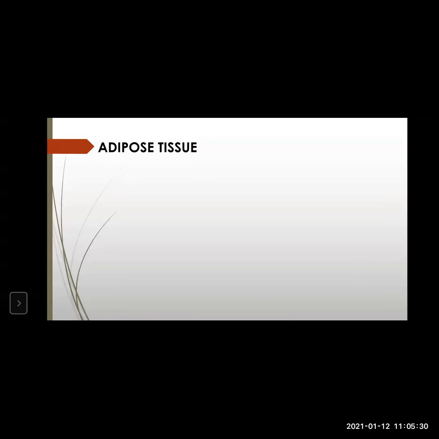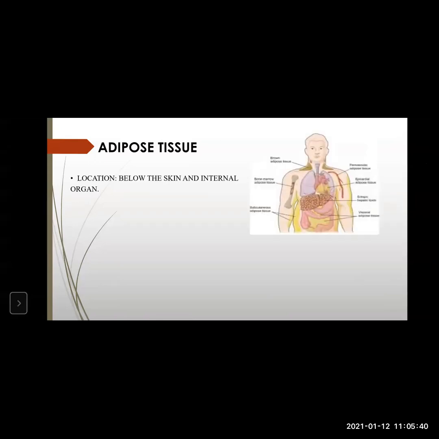Okay, now let us see the structure of adipose tissue. Where is it present? It is present below the skin and around the internal organs. You can see over here. Okay, in people with obesity, you can see the layers of fat all over the lower body, especially in the hand region, that is in the arms, in the lower body, that is in the stomach, okay, or even in the face.